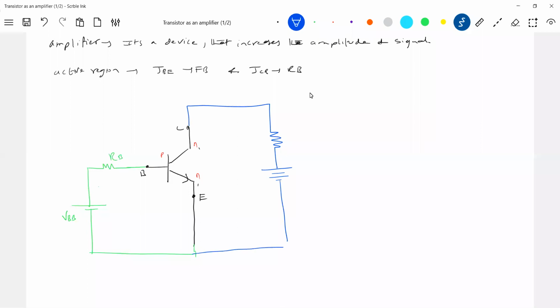Then after this, we'll go for the next circuit, and this is RC. What is the difference? This will become a cell. If a group of cells, this will become a battery. So this will be RC. This is VCC. And what is this? The positive terminal is connected to the N type.